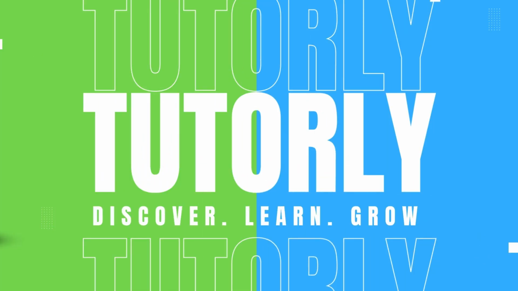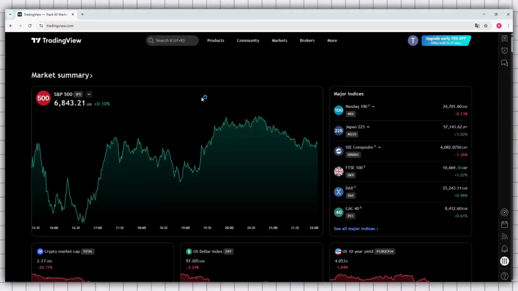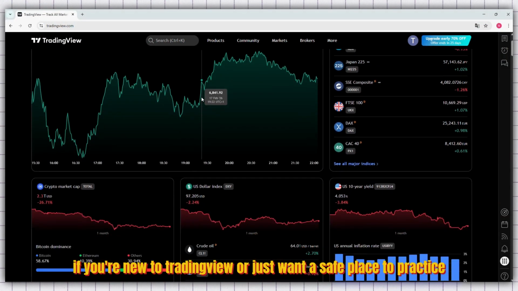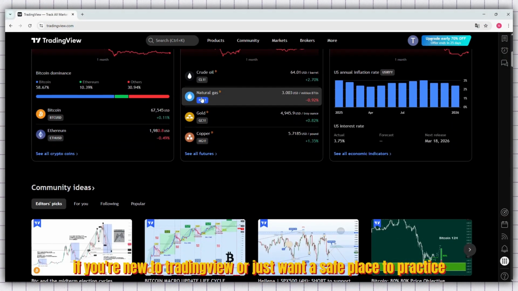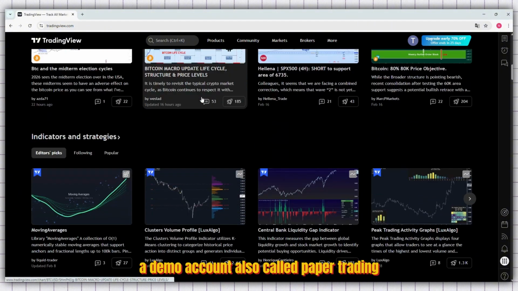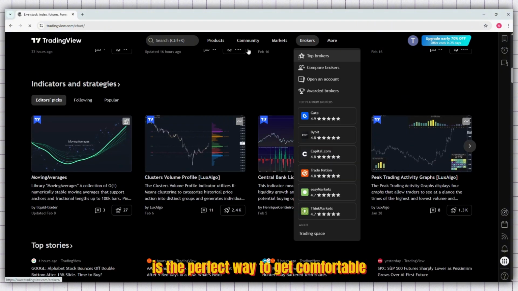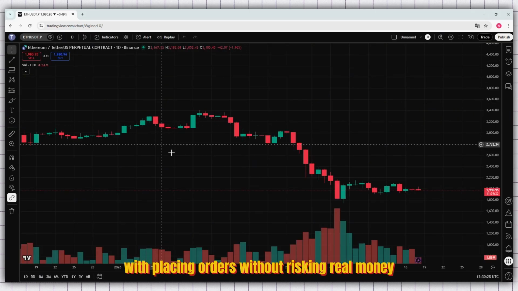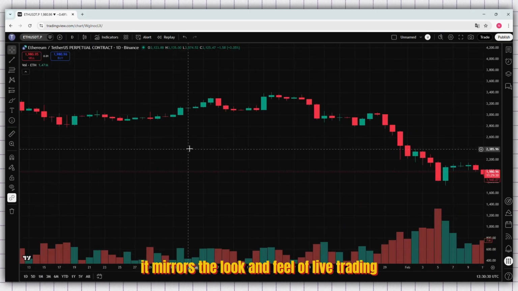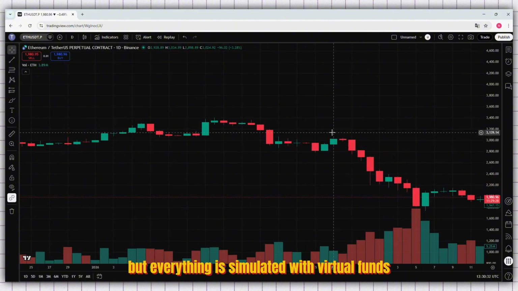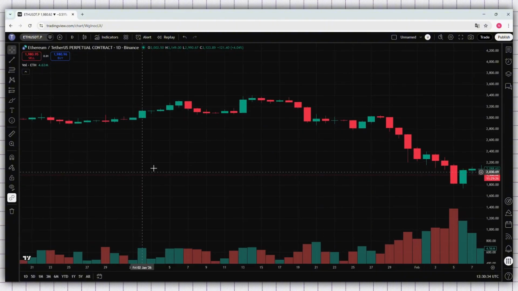So in today's video, I'm going to show you exactly how to add a demo account in TradingView. If you're new to TradingView or just want a safe place to practice, a demo account, also called paper trading, is the perfect way to get comfortable with placing orders without risking real money. It mirrors the look and feel of live trading, but everything is simulated with virtual funds, so you can test